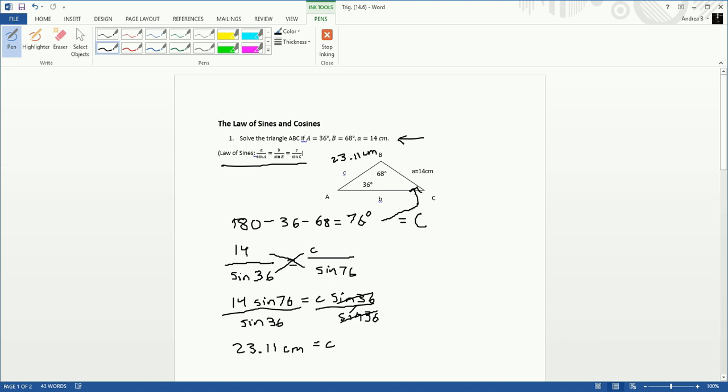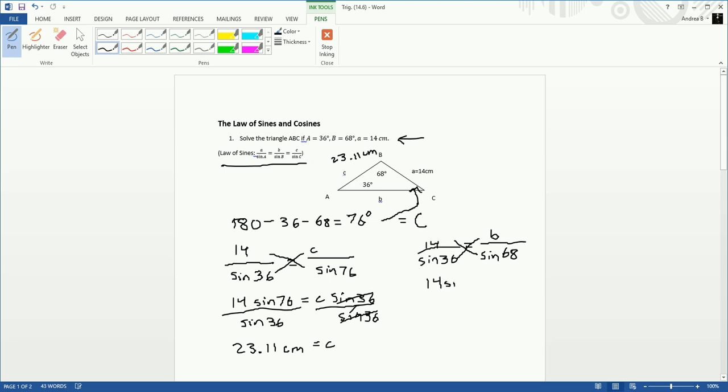And then you could do a similar thing to solve for side B. We could do 14 over the sine of 36 again. So remember, it always has to be matched up with the side and then its opposite angle for the law of sines. So if we want side B now, we would have B over sine of angle B. So angle B was the 68 degrees. So we'd have sine of 68 in the bottom of that fraction. And then like we did for solving for side C, we could cross multiply again. So then we'd have 14